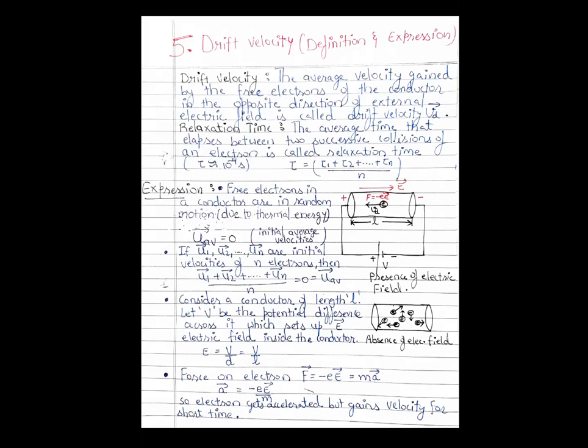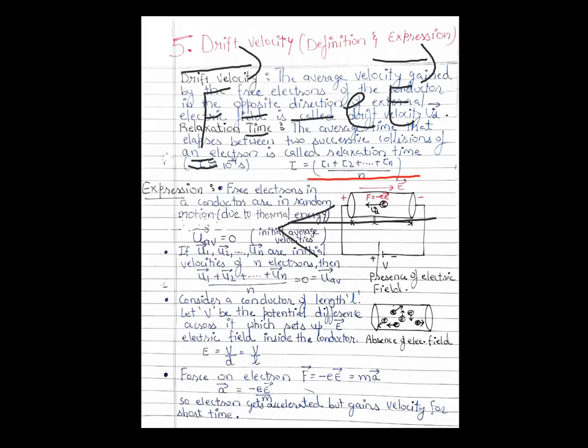That force we know is equal to F equals minus e into E. This is the electric field, and this is the charge of the electron, right? The minus sign shows that the force acting on the electron is in this direction, and the electric field is in the opposite direction. As the electric field and the force are in opposite directions, we have a minus sign over here. So F equals minus e into capital E. That is the force that the free electron will experience inside the conductor on connecting a battery of voltage V,